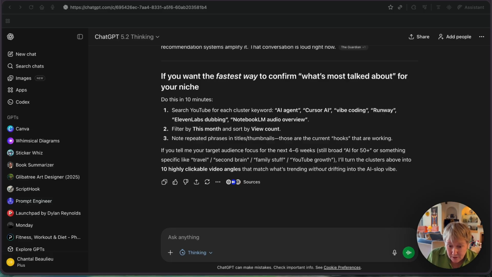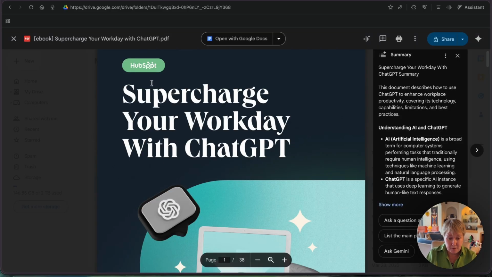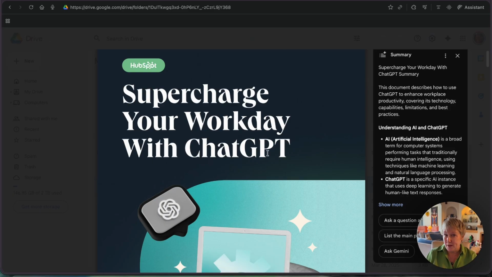So I'll bring you here to show you a document that I got from HubSpot, and it supercharged your workday with ChatGPT. So what you would do here is simply save it in that folder. And in this case, you do have to go to NotebookLM, go into the upload interface, go into your drive, and then upload this document as a source. You cannot put it into your inbox. And that one doesn't benefit from phase 3, which is the syncing,